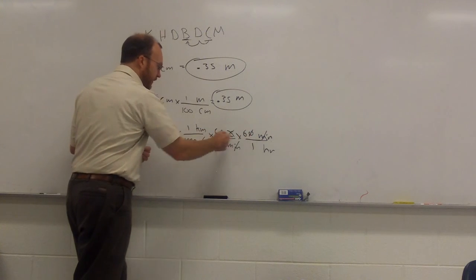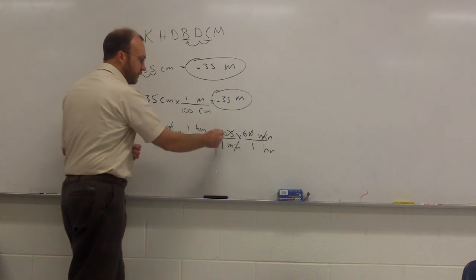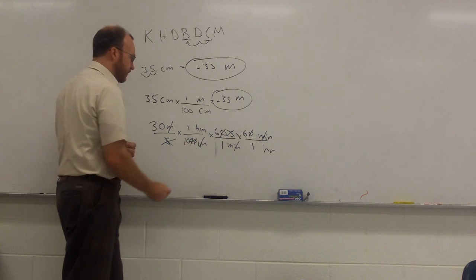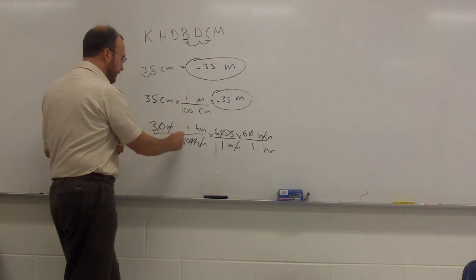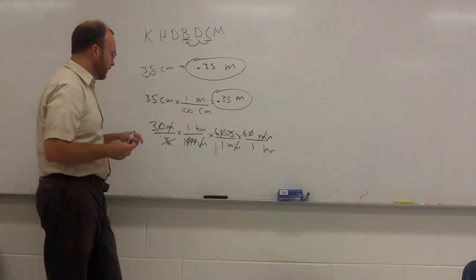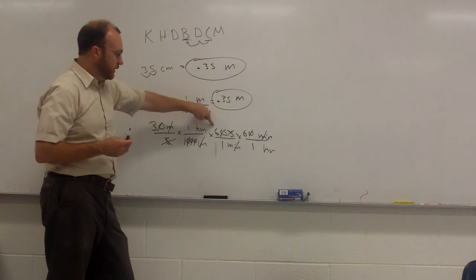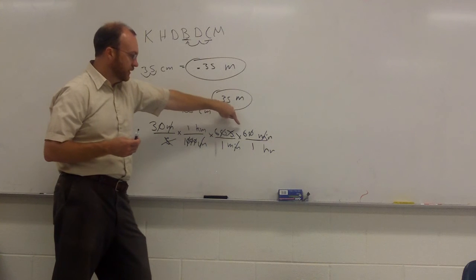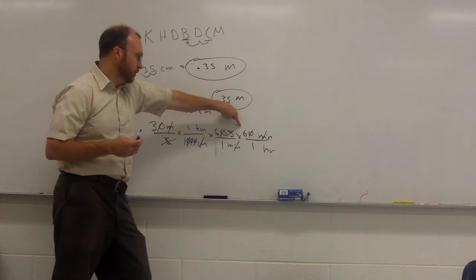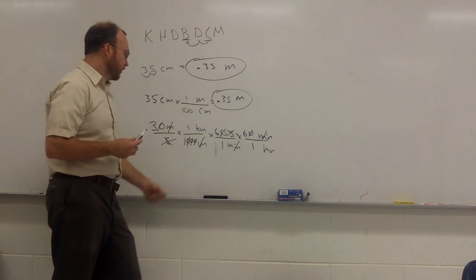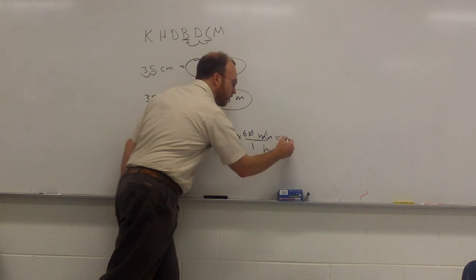If I divide this by 10 and that by 10, it simplifies. If I divide this by 10 and that by 10, it simplifies. If I divide this by 10 and that by 10, it simplifies. So on top, I really just have 3 times 1, which is 3, times 6, which is 18, times 6, which is 108. And the only thing left on bottom is 1, so this is 108